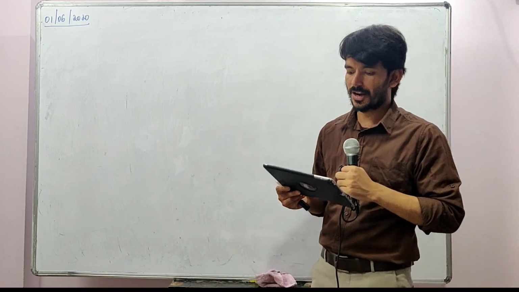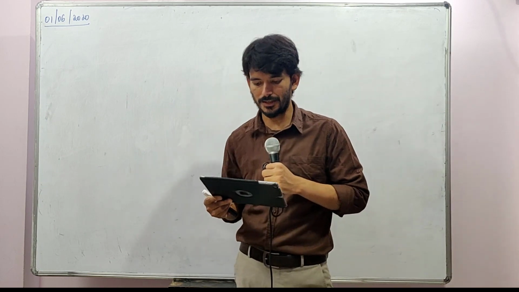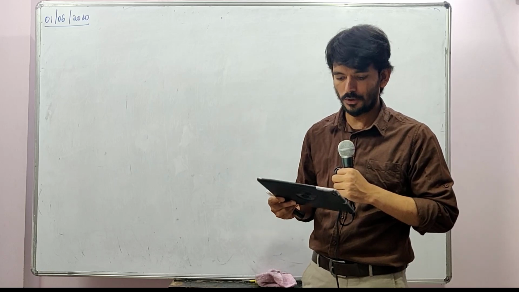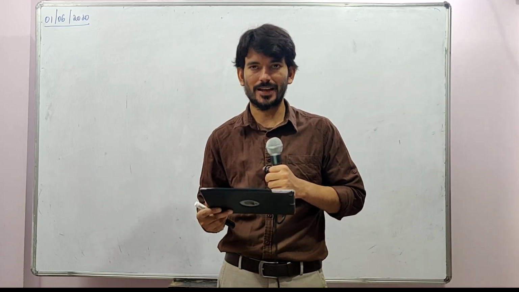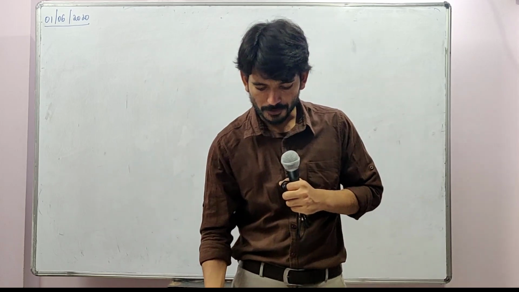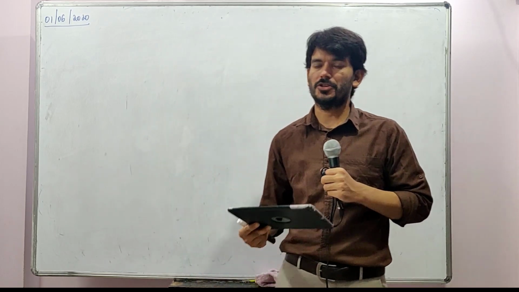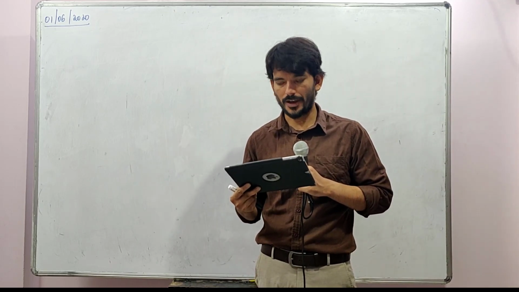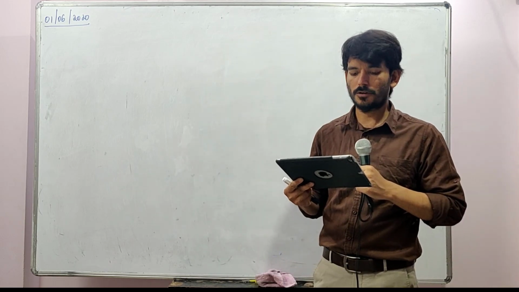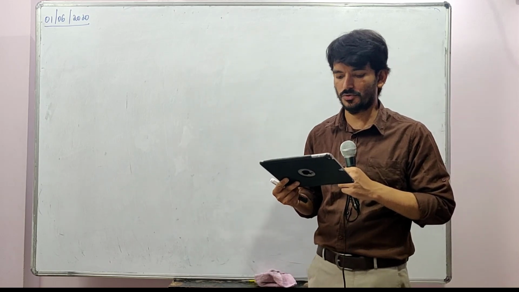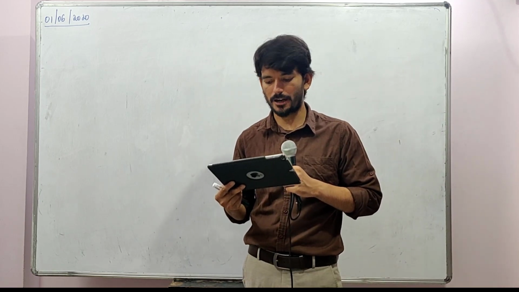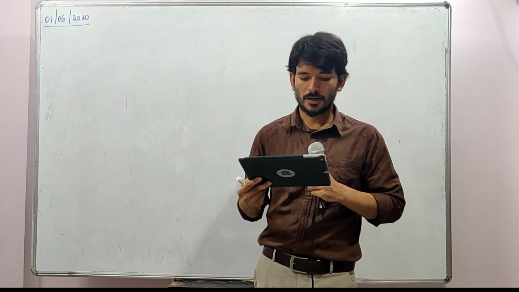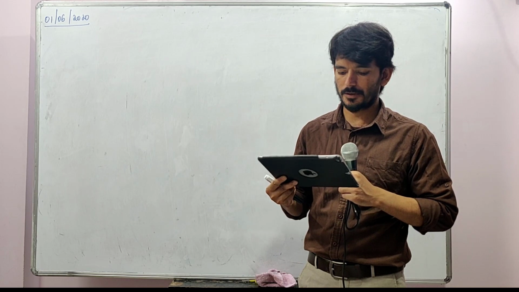Omega is a departmental store having 3 departments, X, Y and Z. The information regarding the 3 departments for the year ending 31st March 2011 is given below. So there is a company which has 3 departments, X, Y, Z, and they have given some information. For X department, they have given opening stock, and again for Y and Z. Like that they have given opening stock, purchases, debtors at the end, sales, closing stock, value of furniture in each department, floor space occupied by each department, number of employees in each department, and electricity consumed by each department.